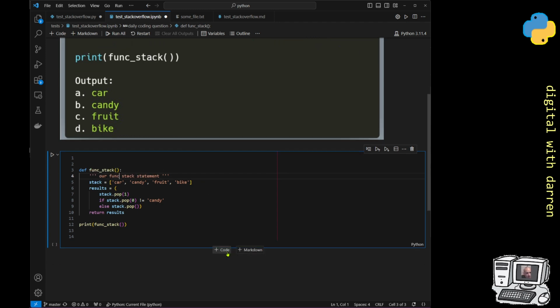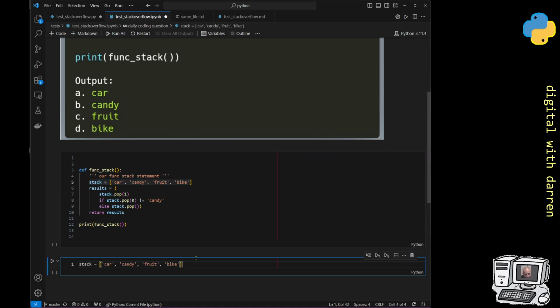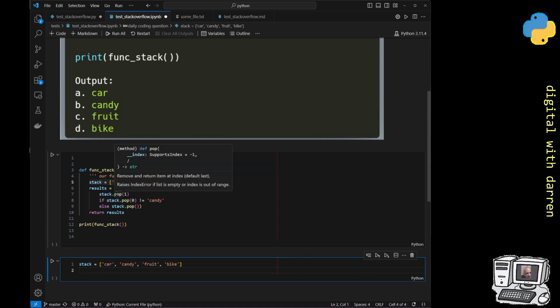And what I'm going to do, just as a piece of exploration, is take this stack here and paste it over here, because what we want to do is investigate and see what this pop function does. Now if I take the pop function and hover over it, it says remove and return item at index. So it's going to give us something back, this particular pop statement. So I should do something like